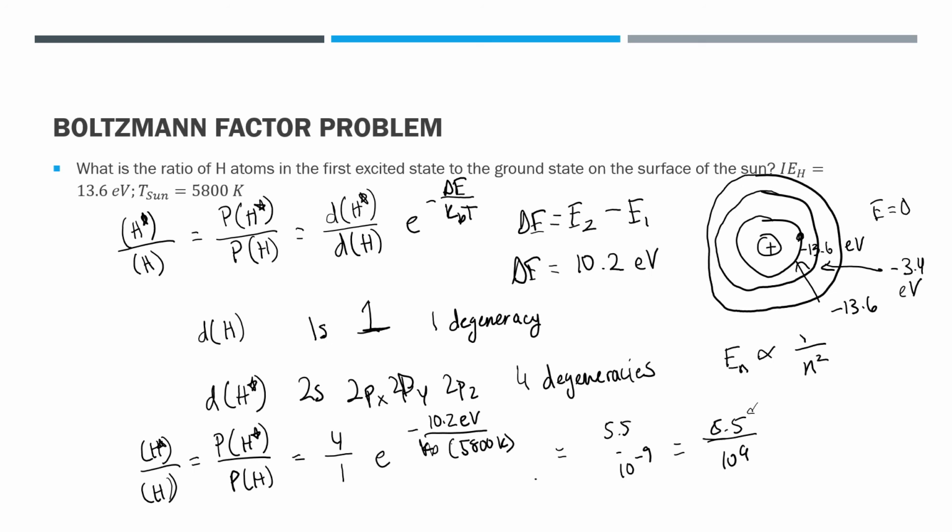Hopefully this gave you an example of how the Boltzmann factor can actually be used to calculate something pretty relevant, like the ratio of hydrogen atoms in the excited state versus the ground state on the sun. I hope this video was informative,